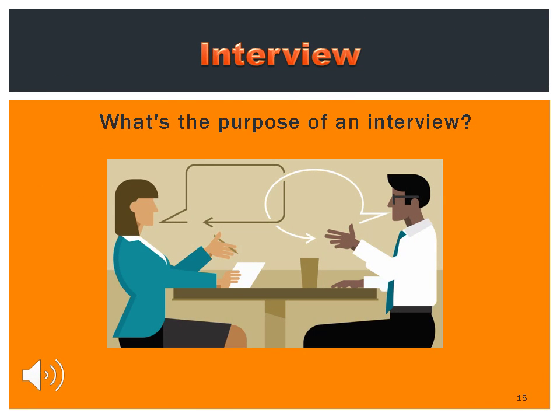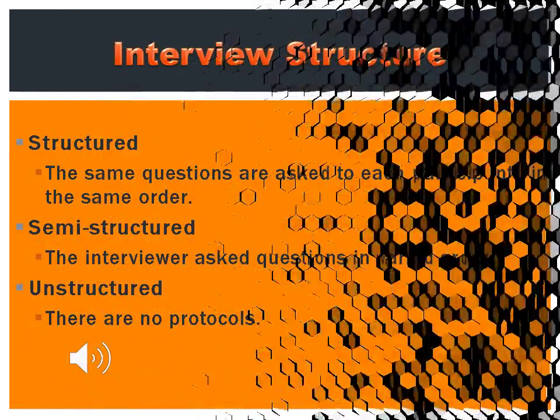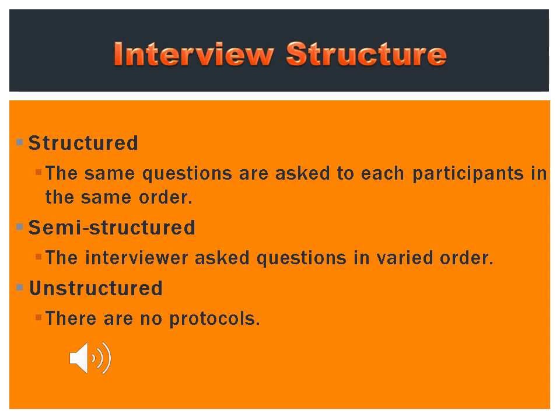Interviews are used to obtain information from the stakeholders' experiences and perceptions. The information obtained from interviews and observations can provide an explanation of why participants act the way they do. Interviews are characterized in three categories: structured, semi-structured, and unstructured. In a structured interview, the same questions are asked to every participant in the same order. In a semi-structured interview, the interviewer has key questions that he may ask in varying order. And finally, in the unstructured interview, there is no structured interview guide.